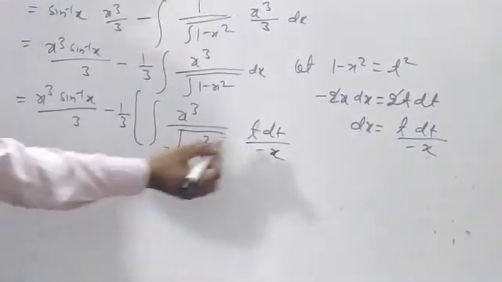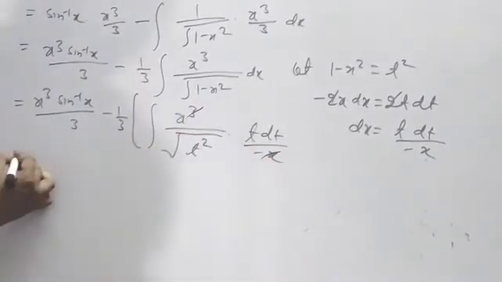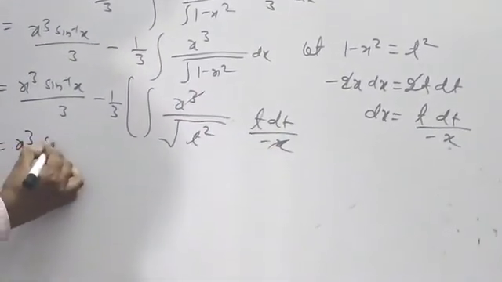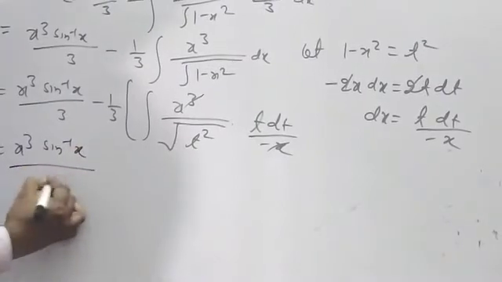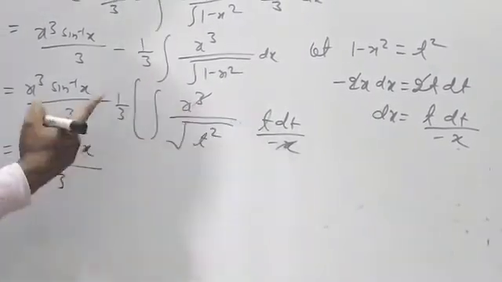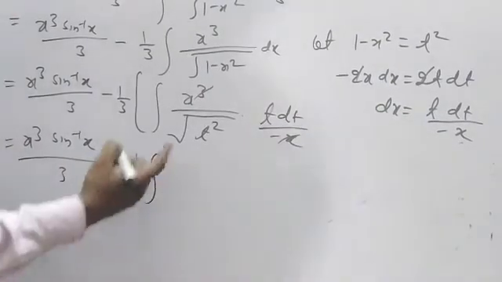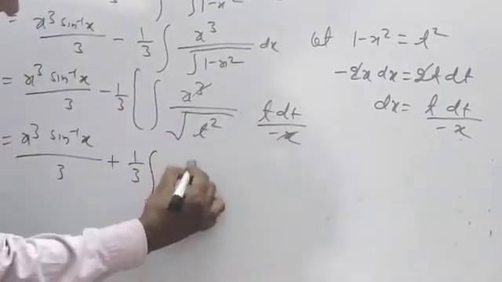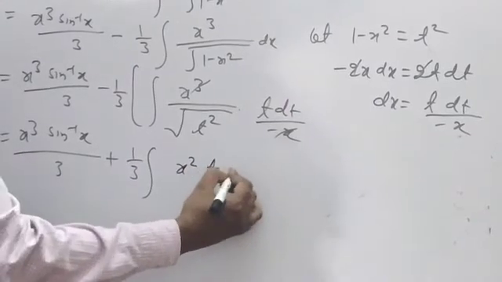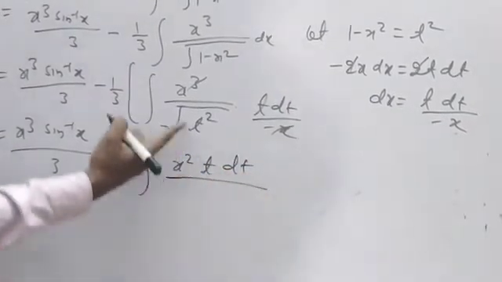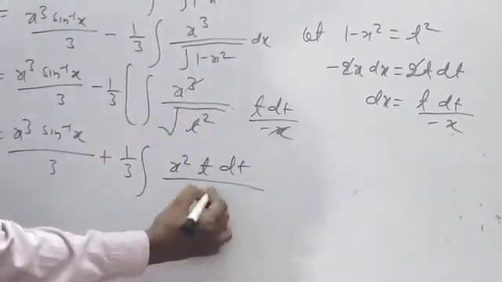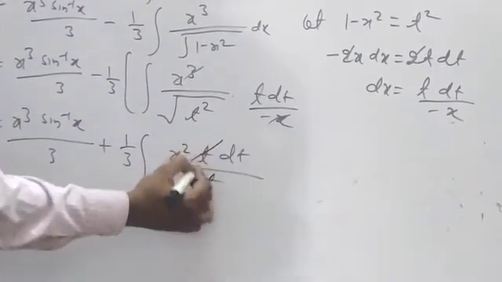Clear? Now x cancelled by this x, and x cube sin inverse x upon 3 minus minus plus 1 by 3 integration of x square into t into dt upon under root t square, which is t. Now t cancels here